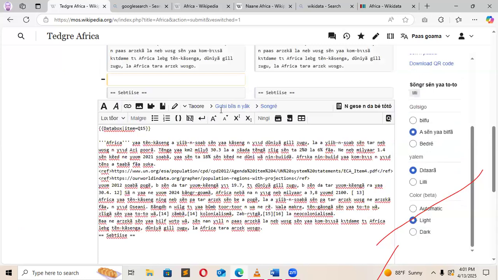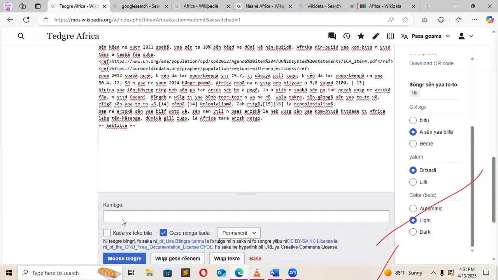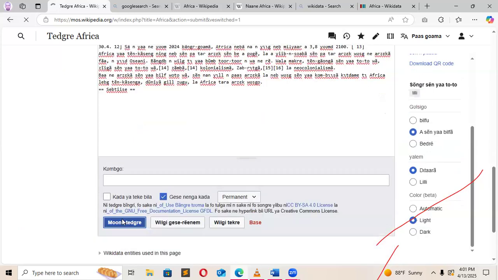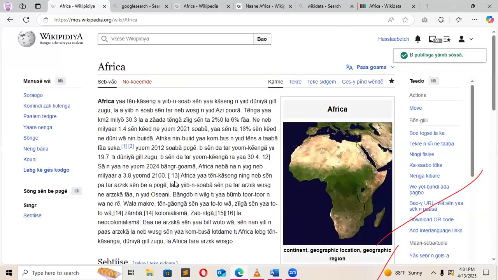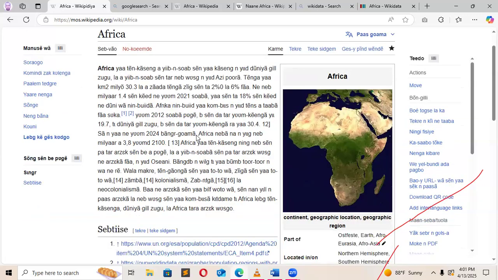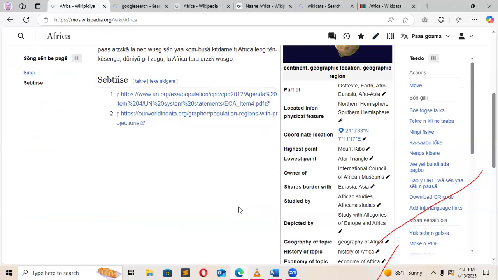So this is just a brief on how to create an article on our new site, and we are hoping that we will report and they will make our page user friendly. Because for the past few months we're not very active in this page, so we couldn't report this issue for them to work on our site. So I am done. If you have any question, you can ask so that we can address the questions for you.